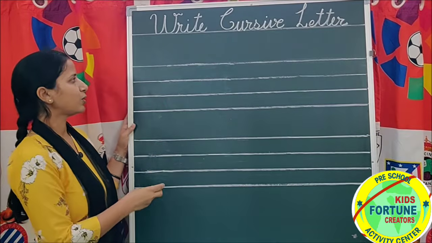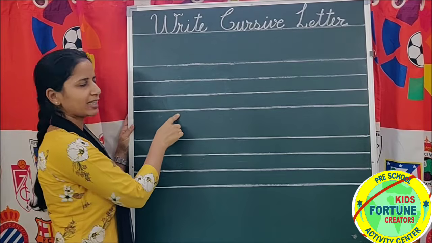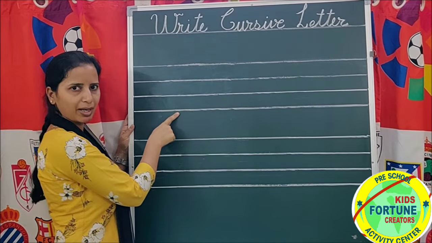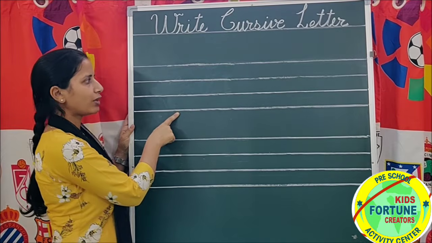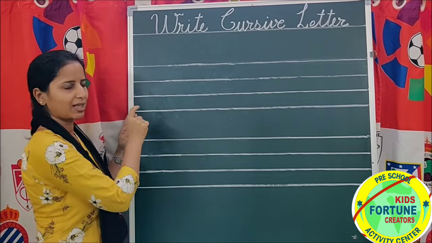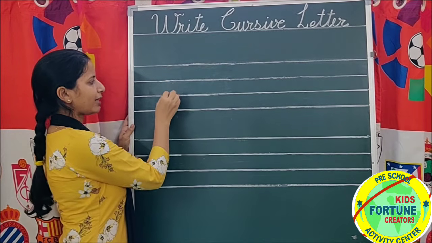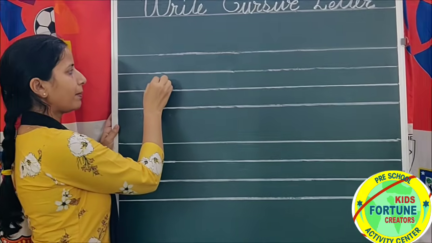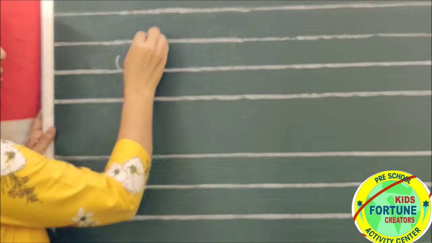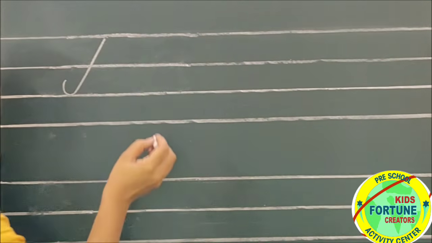You can see on the board there are 1, 2, 3, 4 lines. First one is top line and last one is bottom line. You also know we write English letters in the first 3 lines. So now we start. Put your pencil point between second and third line. Make a down curve and go straight line. This is first step. Again